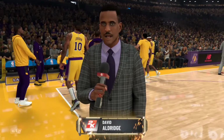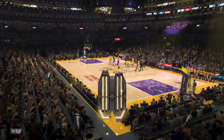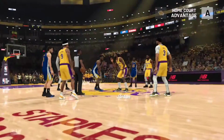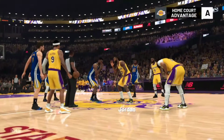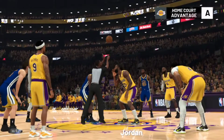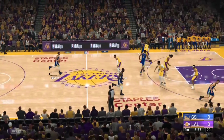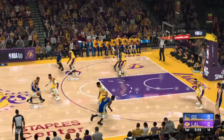Kevin, thanks. Anthony Davis was a month. Thank you so much. And now the Golden State Warriors starters. Green down low with Looney. Curry and Clay, the Splash Brothers, in the backcourt. And it's Wiggins in at the three. And for Los Angeles, LeBron and Davis, the incredible forward pair. Kent Bazemore